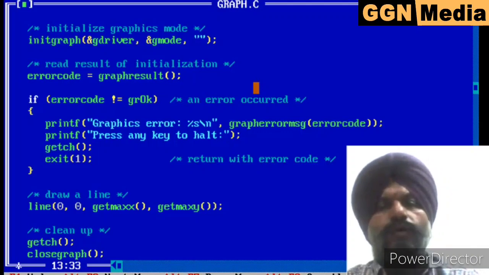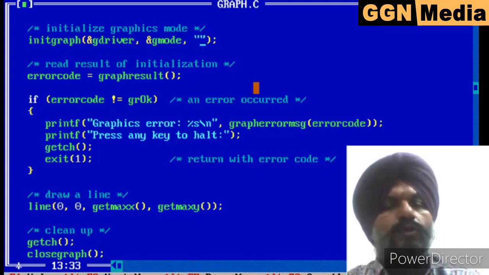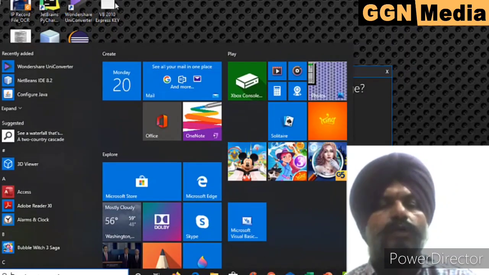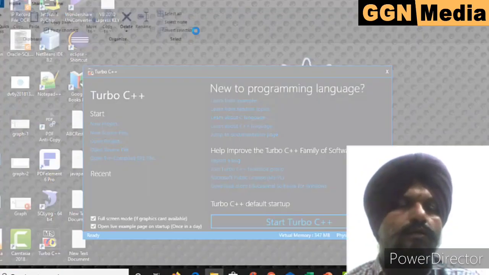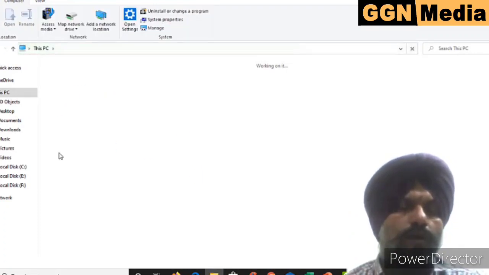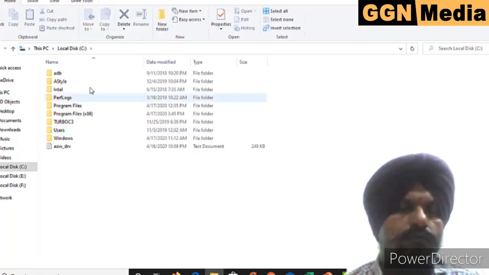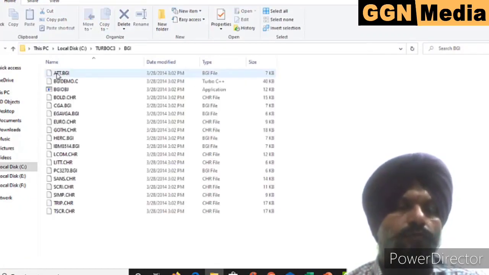So where do these files reside? To find this, we have to see where our C is installed and what the path of the BGI folder is. On my PC, if I search in This PC, my C is installed in the C drive. There is a TURBOC3 folder and there is a BGI folder.